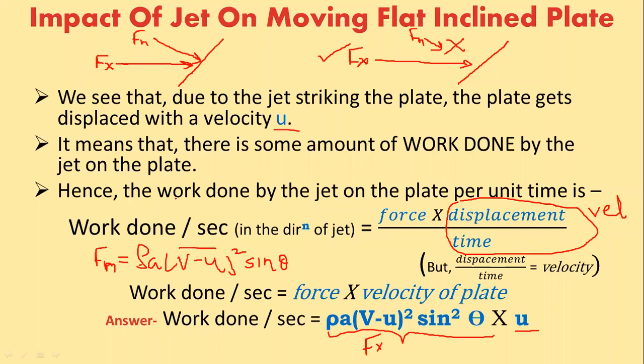Okay, so see, we have to find out the work done by the jet on the plate, and for finding out the work done by the jet, we have to consider the direction of the jet. Okay, आपण Fn नॉर्मल फोर्स फक्त याच कारणासाठी फाइंड आउट करतोय की आपल्याला नंतर Fx फाइंड आउट करायचा आहे. आपण डायरेक्टली Fx फाइंड आउट करू शकत नाही. So for finding out Fx, first we have to find out the normal force. And that is the only significance of finding out the normal force. There is no other significance of normal force. Keep that in mind, okay?